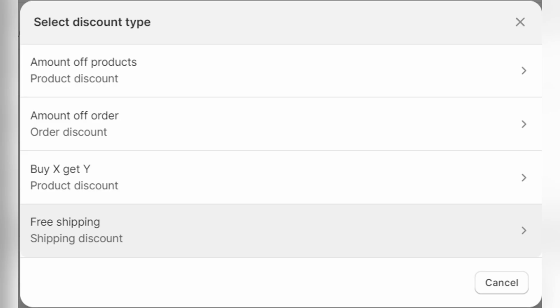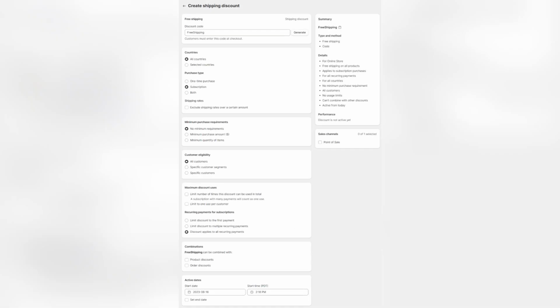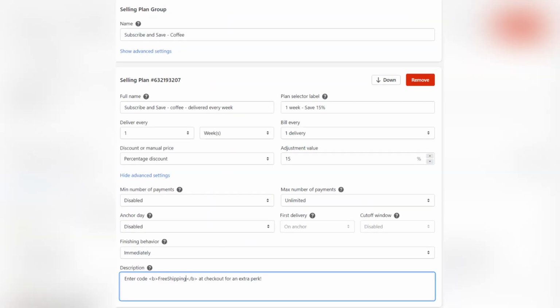offer. Now scroll down to Purchase Type and select One-Time Purchase for regular orders only, Subscription for recurring orders only, and both if you want it to apply to all types. For subscription-only promos, choose Subscription. Now, under the recurring payments section, choose how often the discount applies, first payment only, every payment, or fixed number